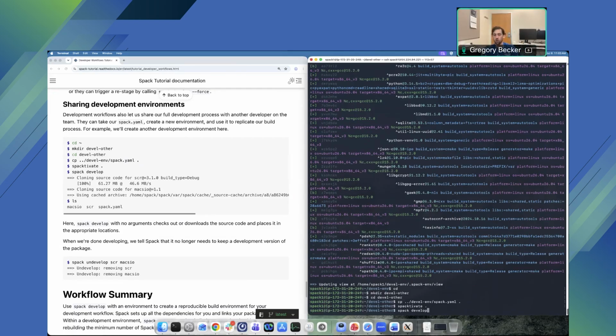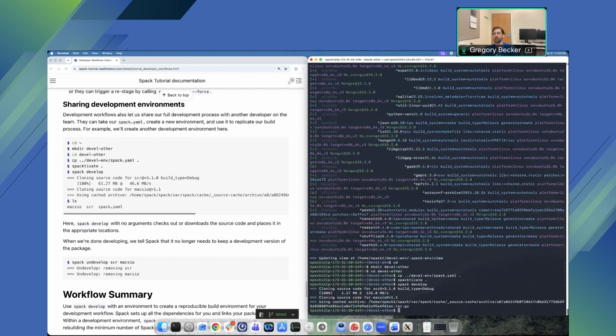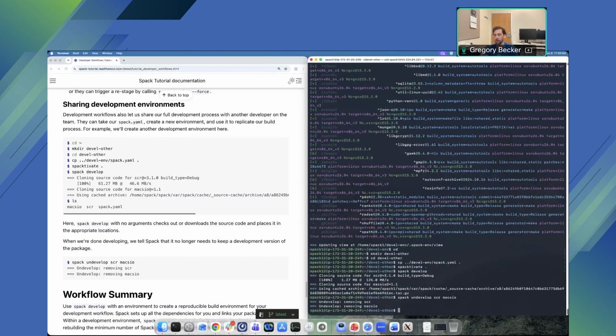I'm not trying to change what we're developing. I'm just saying Spack, set me up the development environment for this, or set me up to be a developer working with this environment. This environment already had develop information in it. And so Spack went out and cloned the version of SCR and the version of Max.io that we were developing. If I'm done developing them, I can say Spack undevelop SCR Max.io, and it will modify